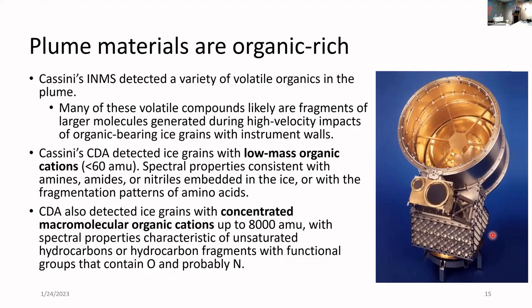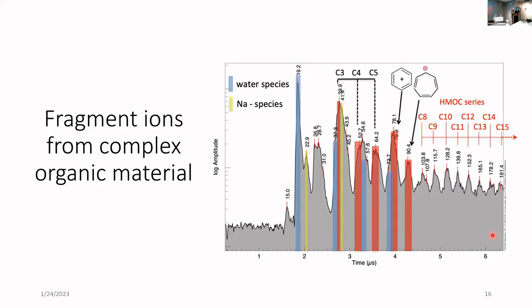None of it is indicative of life per se. There are ways that you can make organic compounds, even complex ones, with oxygen and nitrogen without life being involved in the process. So that doesn't mean there is life there or is an indication of life, but it's certainly a good place to start. And just so that you believe me, these are spectra obtained from the CDA instrument,